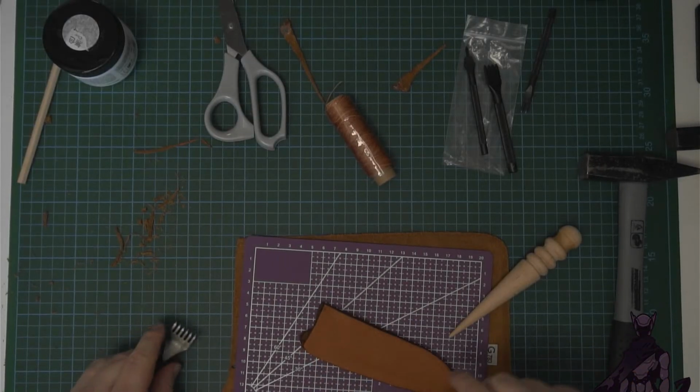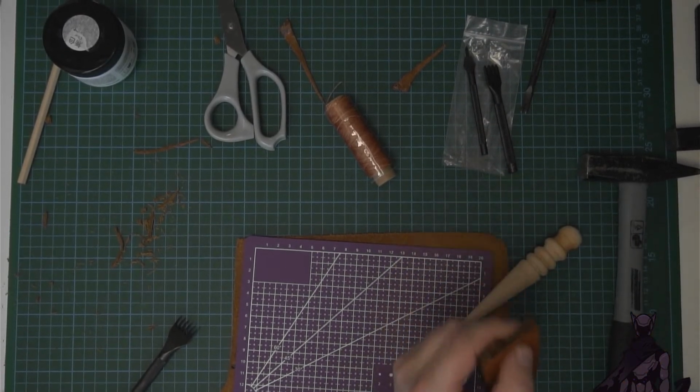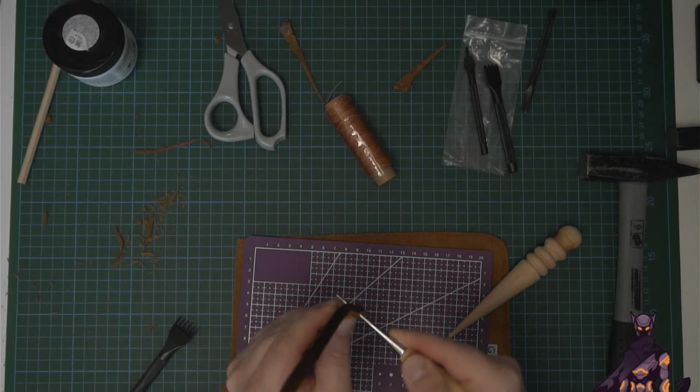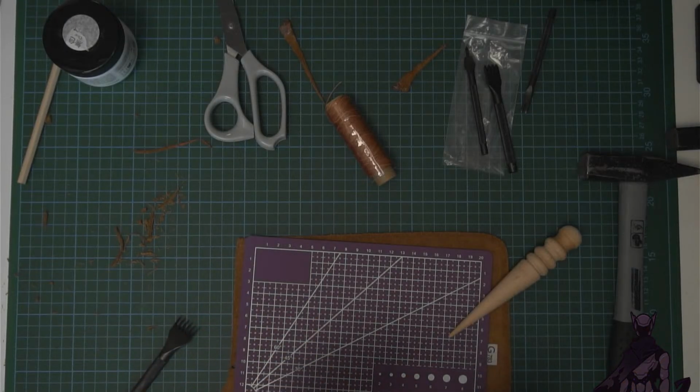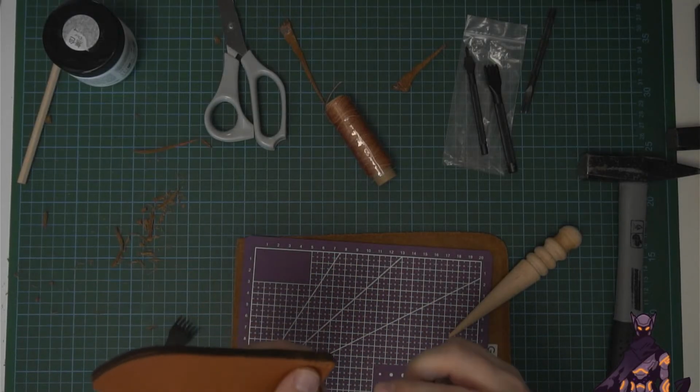Okay. So now what we need to actually make this stuff usable, we actually need to widen these. So that's what this thing is for. And then you just pull the thread through there and you're fine. Now, there are options to kind of cut out the